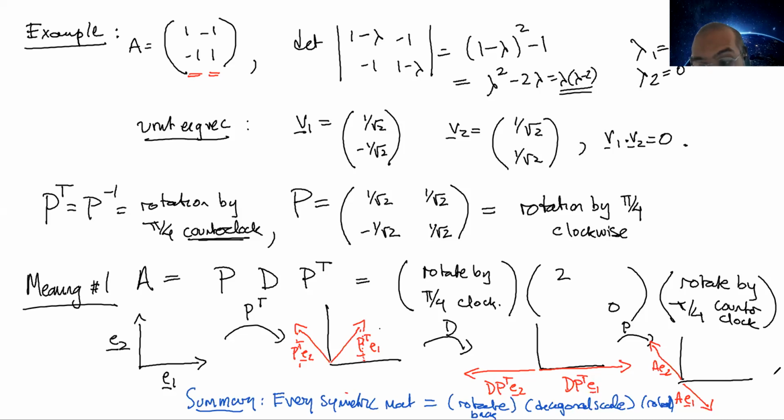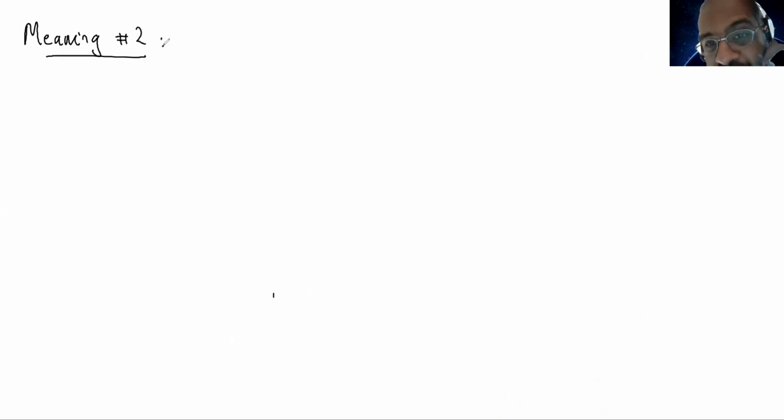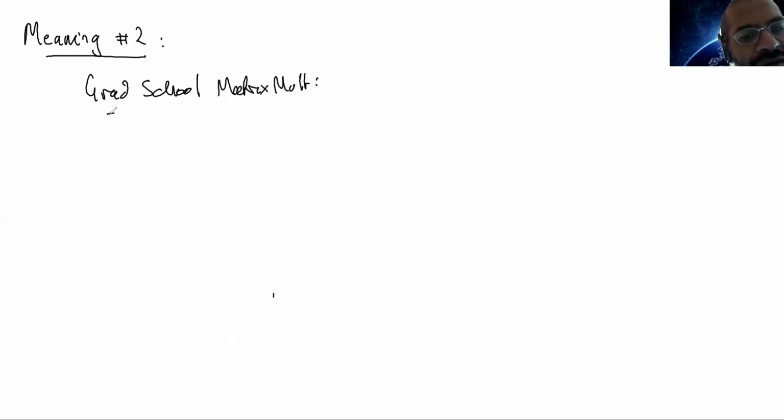Let me now explain the second meaning of the theorem. There are two different ways to interpret it, basically. For meaning number 2, I actually need to introduce a new way of thinking about matrix multiplication. I think we did the high school way, and then we did the college way, linear transformations. But there's something which I learned in grad school, the grad school way of thinking about matrix multiplication,